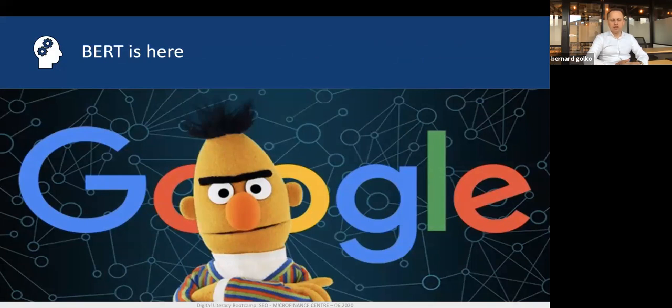Last year, Google, they always give funny names to their algorithms. The last one is BERT. BERT is a new algorithm that, from the perspective of search engine optimization experts and from the perspective of Google as well, is one of the biggest changes within the last, I would say, 5 years. How come? Previous ones were about going in the direction of ensuring quality, but this one is something special. The BERT algorithm